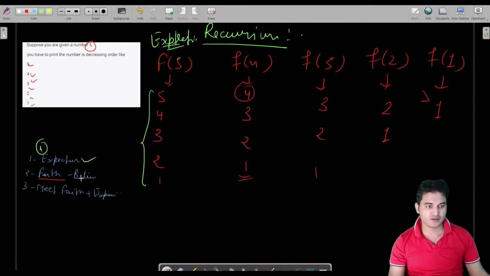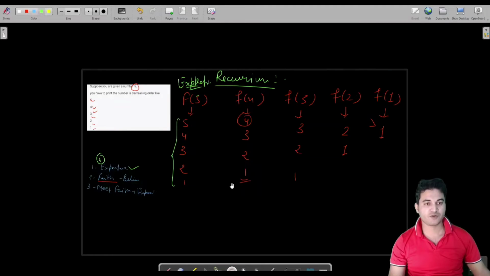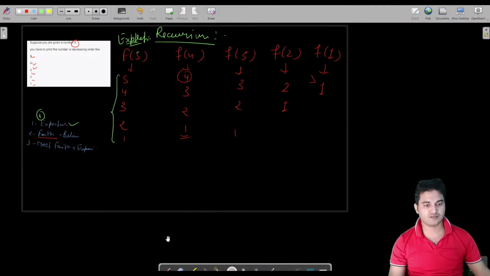Fine. So in recursion, what happens exactly is, from now onwards we have to focus deep. In recursion, what happens? Let us say this was the expectations.